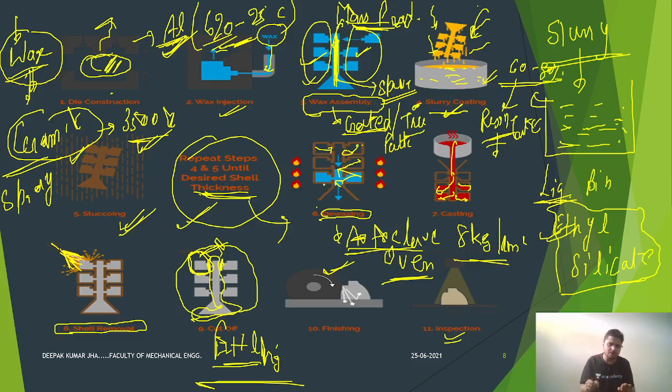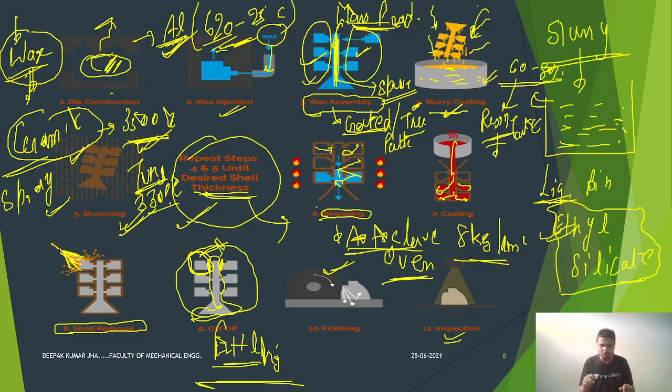The second most important point is that we are using the ceramic slurry, which has the ability to resist more heat and temperature, that is 3500 degrees Celsius. So even very high melting point metals can be easily cast. As we know, tungsten has the highest melting point among metals, almost 3300 degrees Celsius. So even tungsten can be easily cast by this process, right?